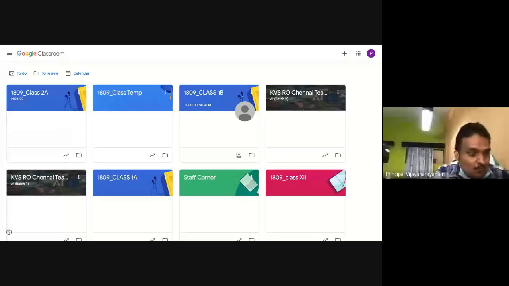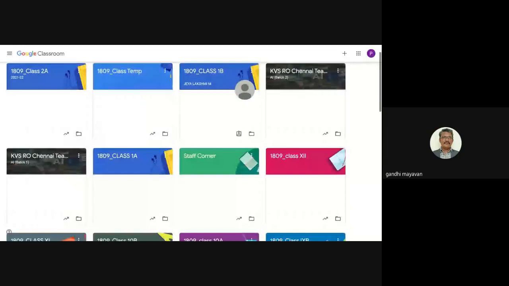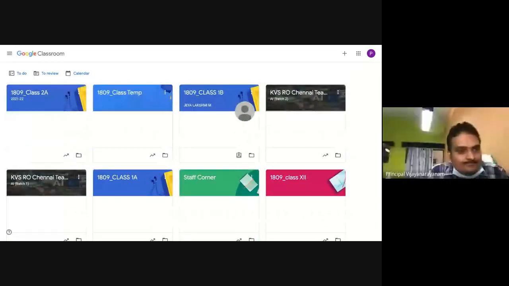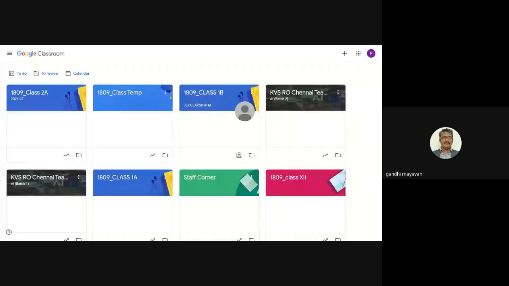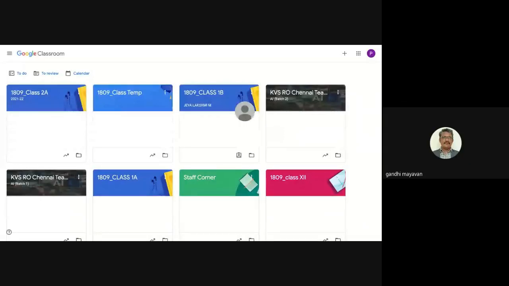Now we create new classes, and from old classrooms, these assignments should be returned. That is one thing. Second, there may be hundreds of assignments under each subject, and some of the assignments are not much important because we have already valued them. Shall we not permanently delete them instead of returning? Because there are so many subjects, so many assignments, in my maths alone I have 122 assignments.